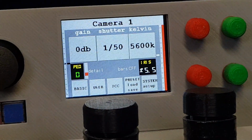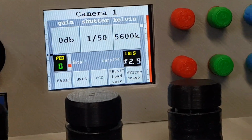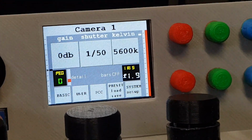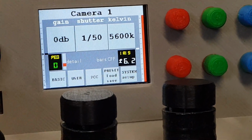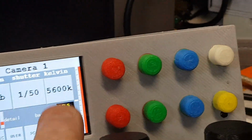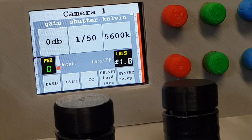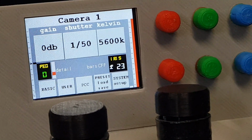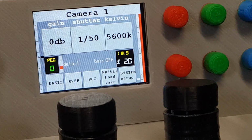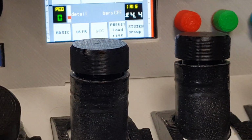You can see I'm moving the iris here now. It's displaying an F, the f-stop of the camera. When it's fully open, it goes 1.8, and pull it all the way down and it goes to F23. So this red bar over here,